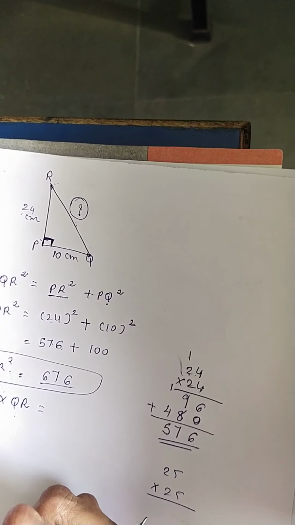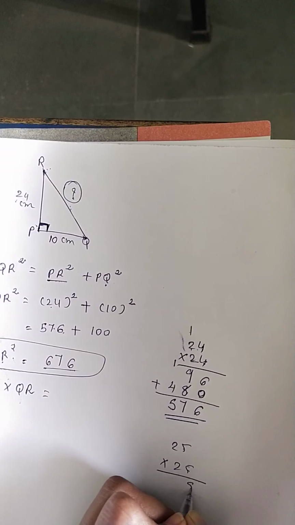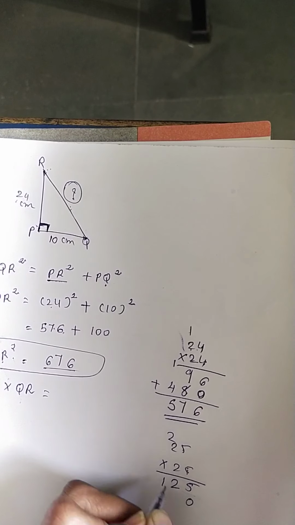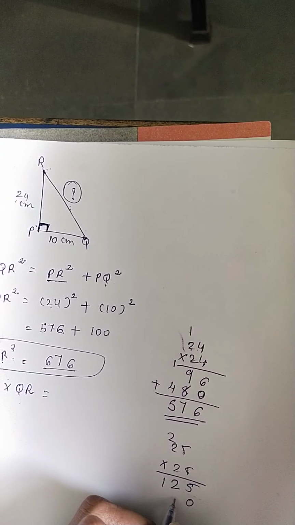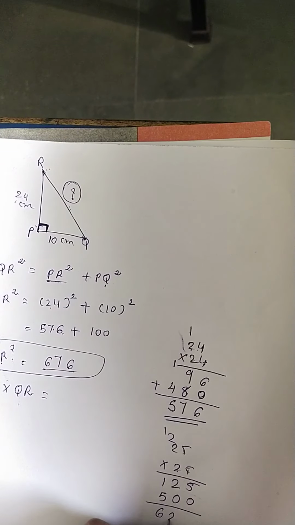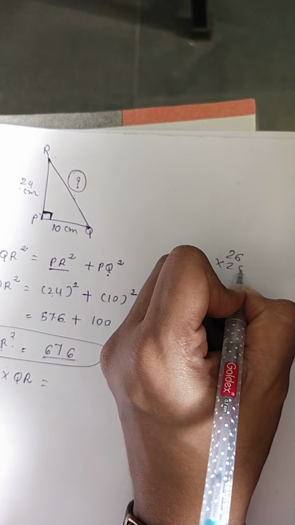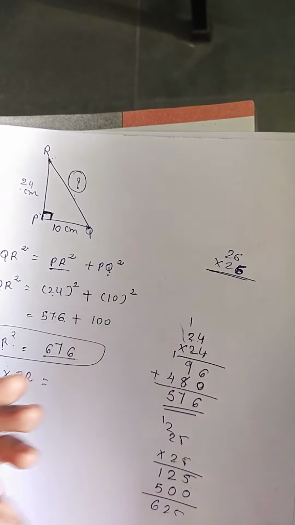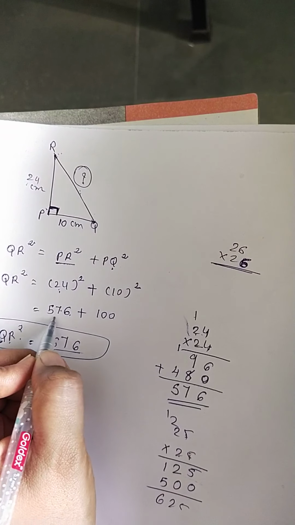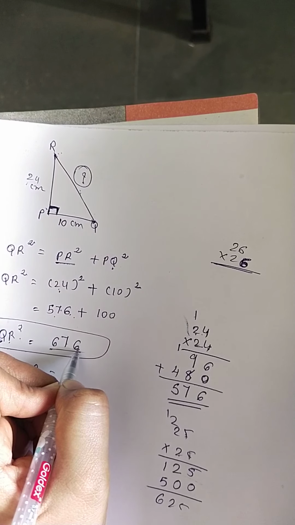Check it. 25 multiplied by 25. It is 625. 5 5s are 25, carrying 2. 5 2s are 10 and 2, 12. Tens: 5 2s are 10, carrying 1. 2 2s are 4 and 1, 5. So it's 625. Now we try with 26. Answer is 26 only, students, but I just show you how you have to identify. Already 24 multiplied by 24 is 576. We want the 676.